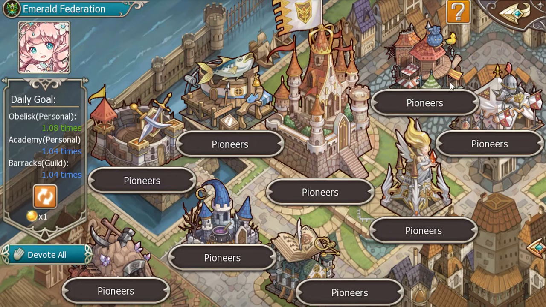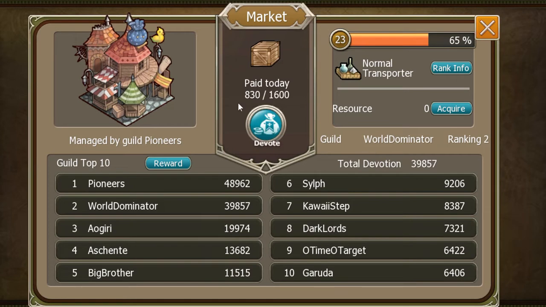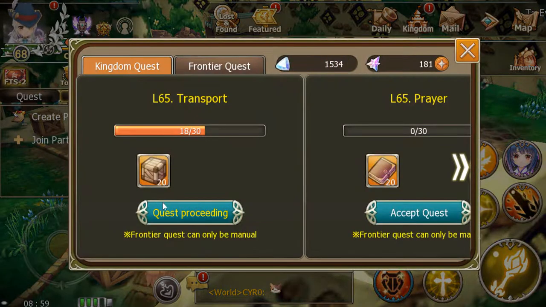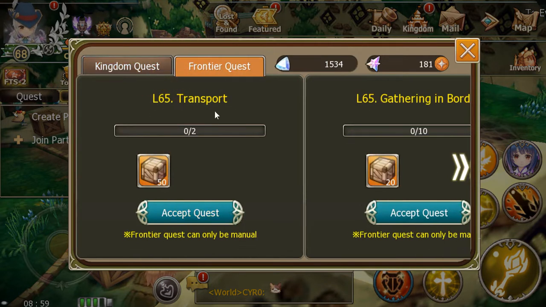A couple of things that you want to focus on here. Well, everything plays together. For example, these boxes come from doing the kingdom quests, kingdom missions. I know this one is really lengthy, but I usually use this when I'm doing something else, and then it completes by itself, and I should be good to go. Frontier quests also give you boxes, so you can also do that, but this is in a PvP